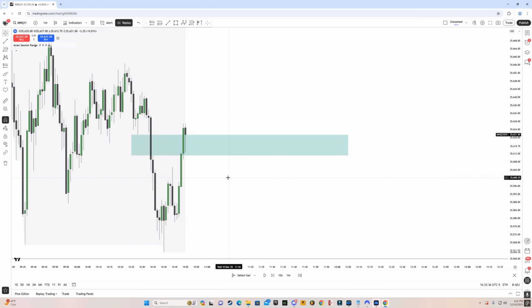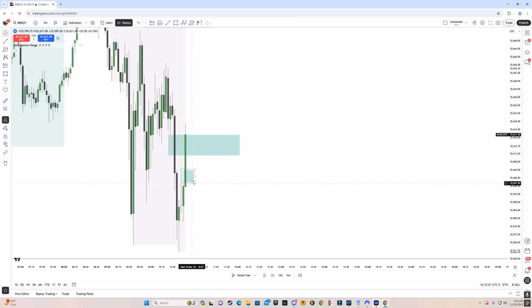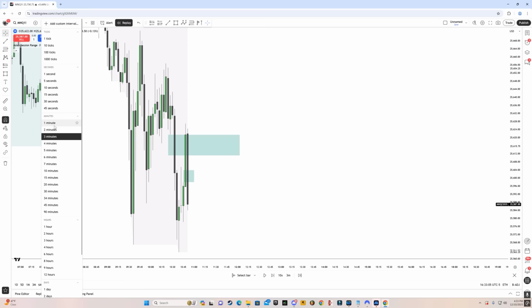Now price is inside the fair value gap, and you can see that from this dealing range low to this dealing range high, we have 3 fair value gaps. We have one over here, and then we have one over here. Actually, we have 2 fair value gaps. But we want to also check the 2 minute time frame to see if there's a fair value gap. So right here, you can see that we have formed a fresh 2 minute fair value gap, right? Now we want to check the 3 minute time frame, and here we don't have a 3 minute fair value gap. As you will see, we didn't create a 3 minute fair value gap.